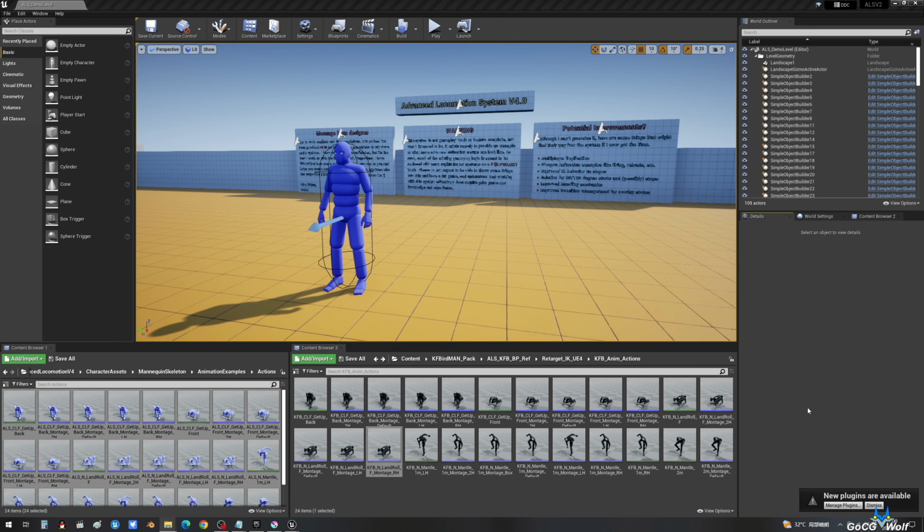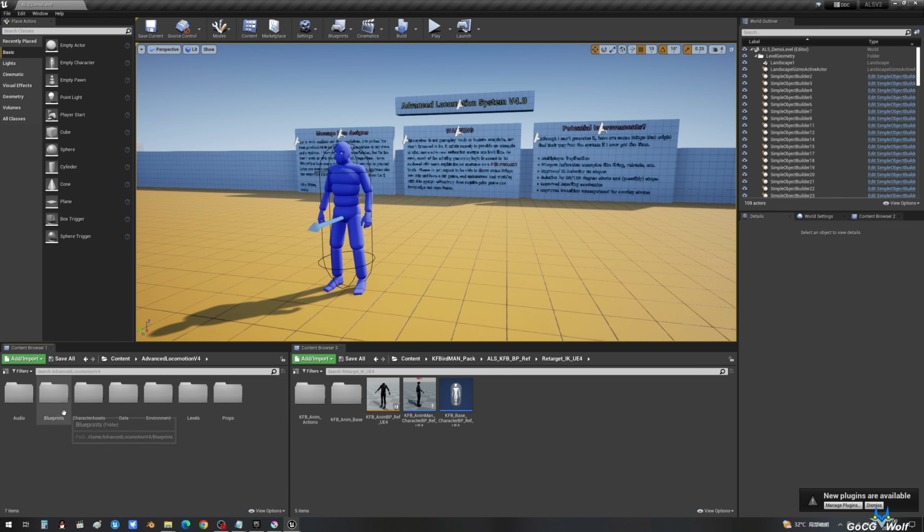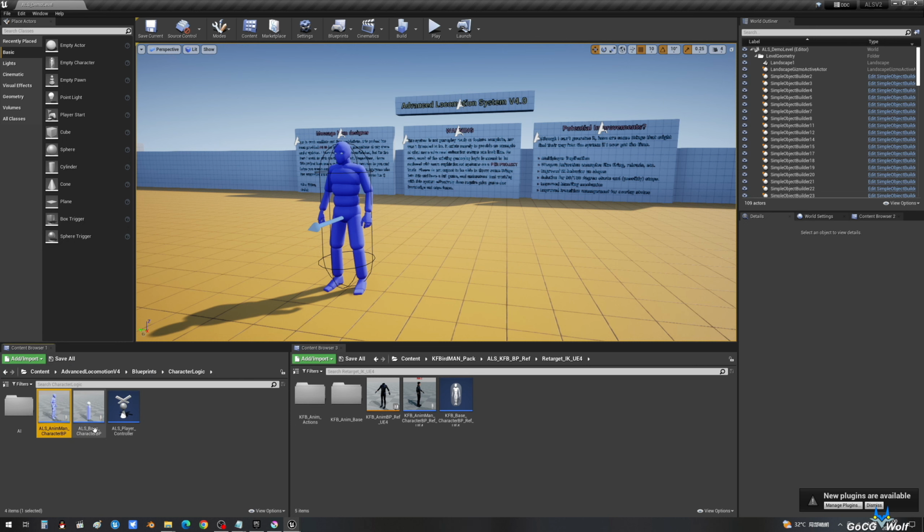With the redirected animation blueprints, we can now replace the ALS model with the KFB model. Here, you can see the KFB animation blueprint references and the KFB character blueprint. We need to transfer the settings inside them to the ALS motion system. Copy the ALS blueprint, then rename it to KFB.